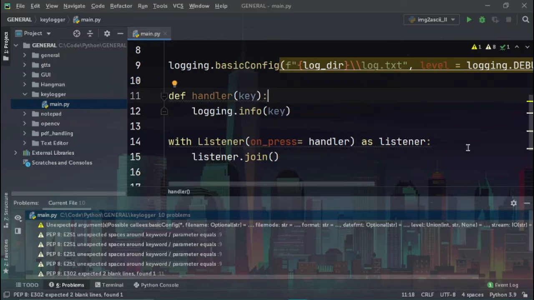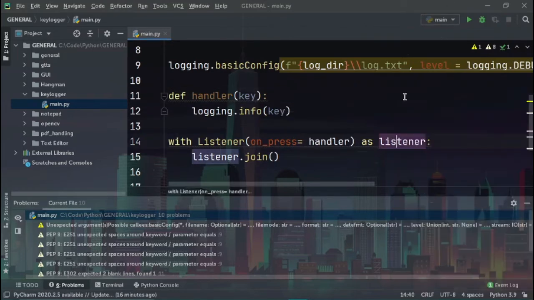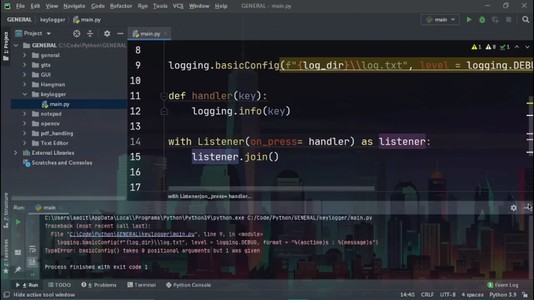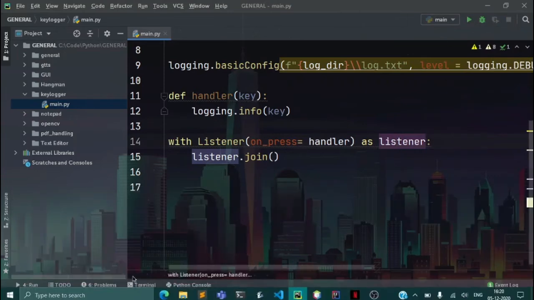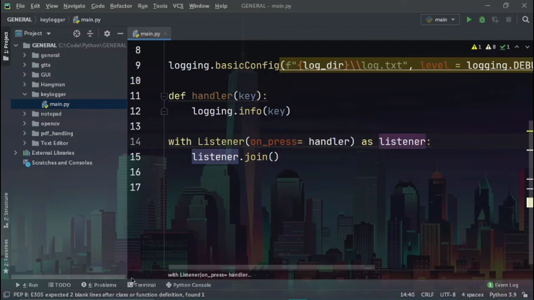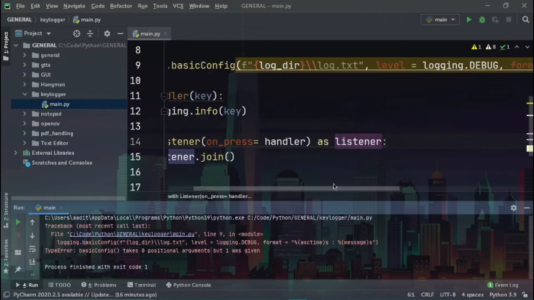Then what I will do is I will just right click here and I will run the program. Okay, what happens when I run this? Okay, 0 positional arguments but 1 was given. So what this means is